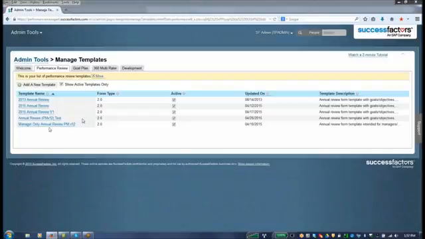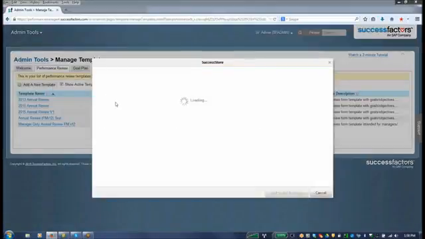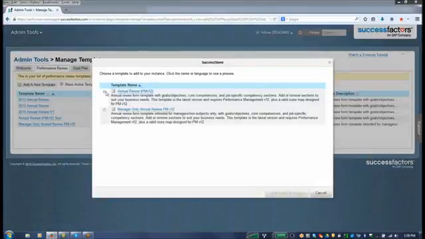Performance management: if your goals are for 2014, you're going to be doing performance for 2015, so next year. You can go into the new template. I already created these templates by clicking on the new template. I can do an annual review. I can do a manager only review. The difference is that the annual review form is based on goals and objectives, which includes the core competencies and job specific competencies. Performance management always has three sections. When it has goals, when it has core competencies,